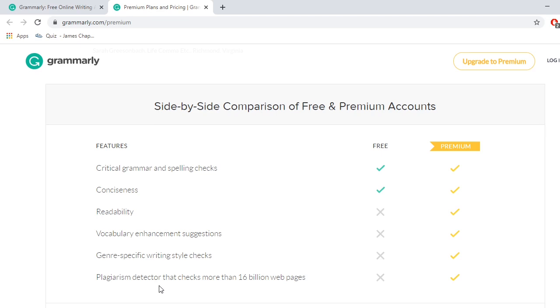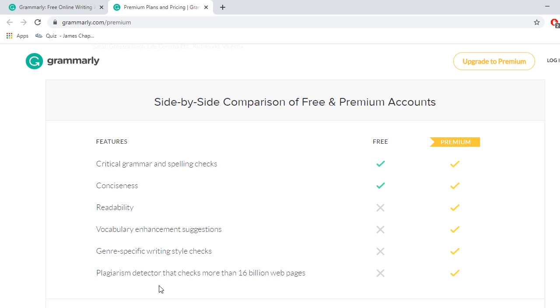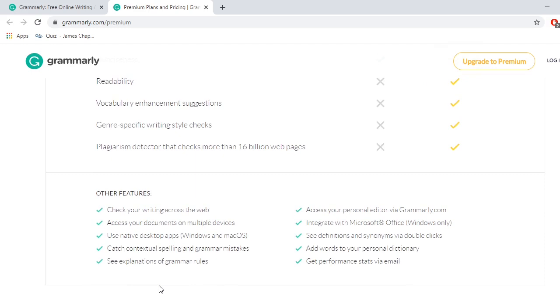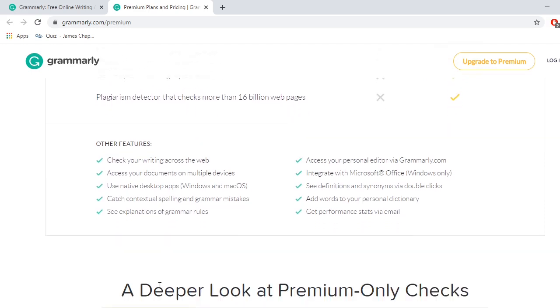So these are all the uses when you take the premium account. In the free account, only two will be available. Other features are also there. You can go through them on the website.